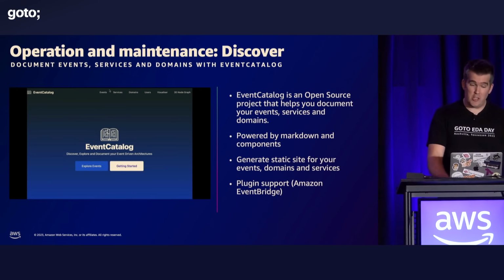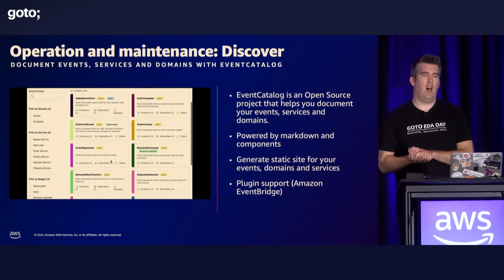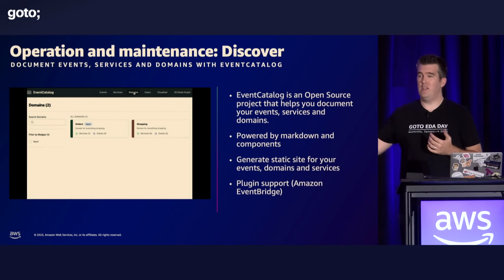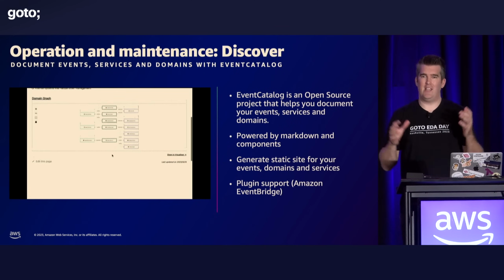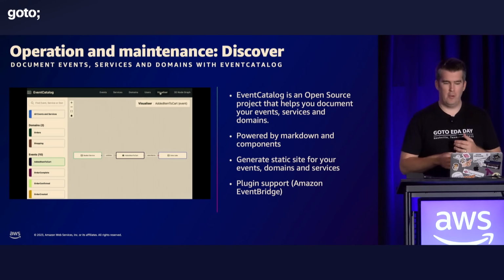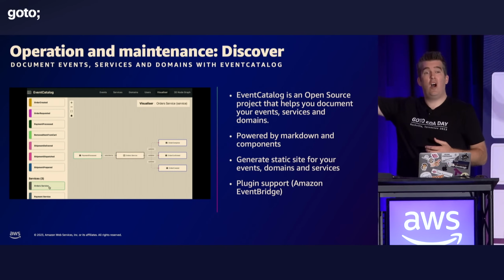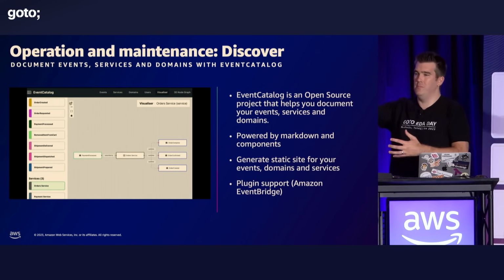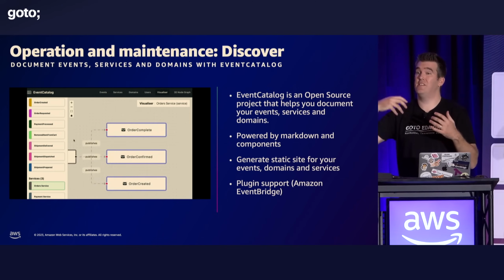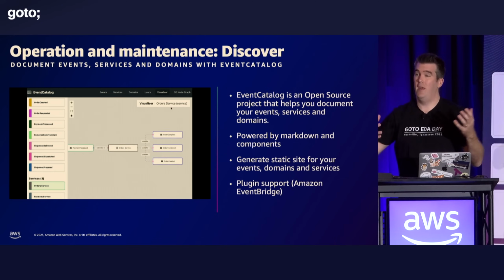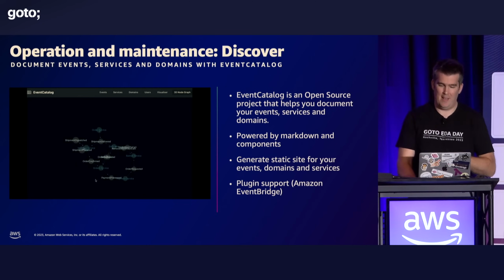I'm such a believer in documentation and schema-driven stuff, a super geek actually, that I created this tool here, which is EventCatalog. I met a couple of people today actually using EventCatalog, which was pretty cool. What this allows you to do is document and visualize your architectures. A big problem people are having is just seeing what is going on, and discovering events. Visualizing them can really help you figure out what's happening in your architecture.